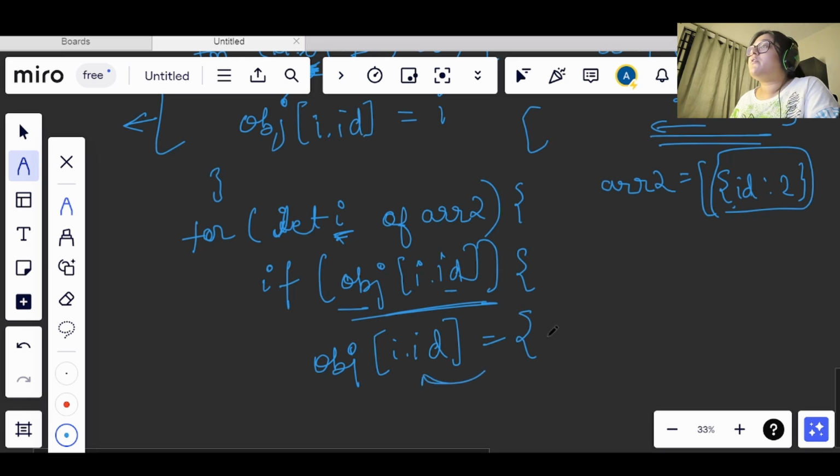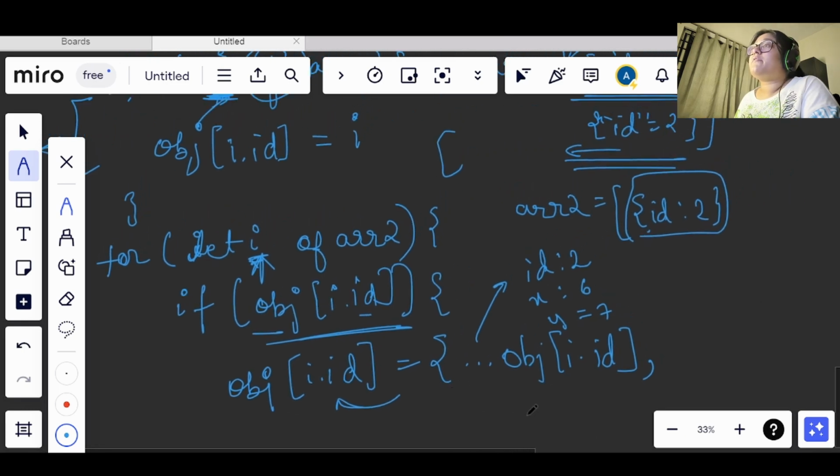So here we will make a copy of the same object id values we were having, and whatever this new I has, we will make a copy of that, so that no value is lost, right? Let's say in the object we have id as 2, x as 6, and y as 7, and this I has id as 2 and x as 7.